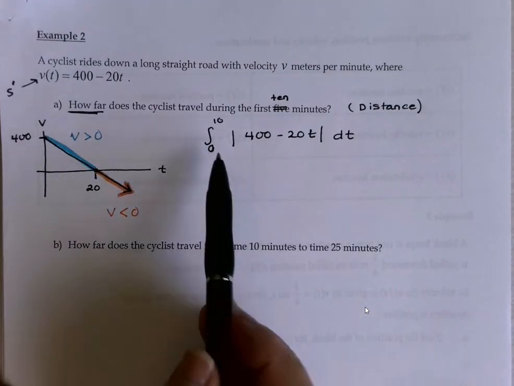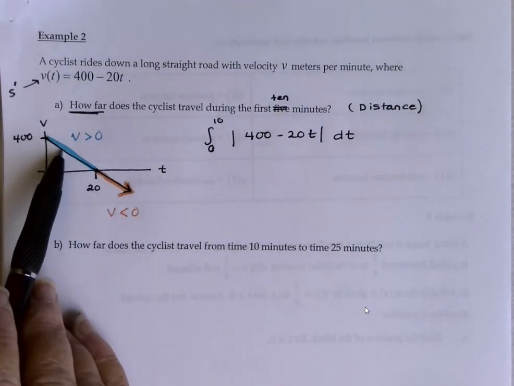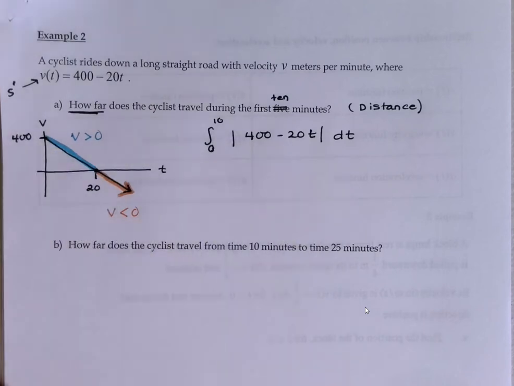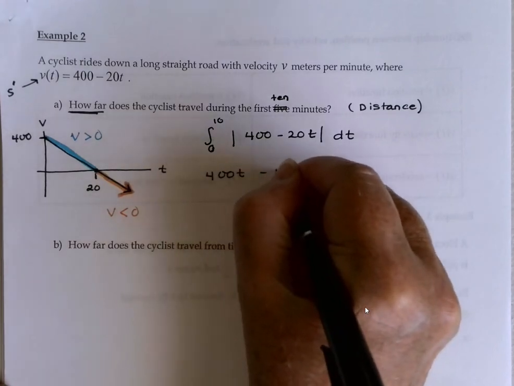In this case, though, over the first 10 minutes in here, our velocity function is already positive, so I can basically just ignore those absolute values. They're not changing anything. I've got a positive velocity. So I'm just going to integrate as though the velocity wasn't even there,